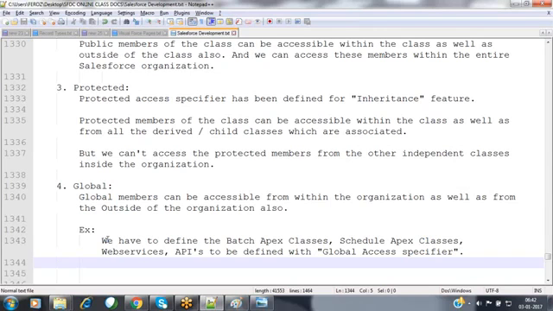So it may be given by the third-party system or it may be given by yourself, depending upon your need. At that time, we are going to expose it as global. It doesn't mean it's only an import operation or only an export operation. If you want to make that member accessible from outside of the organization, then we can define it as global. Now in that member, we can define what kind of operation you want, either inserting the data, updating the data, retrieving the data, whatever. You can do whatever you want.